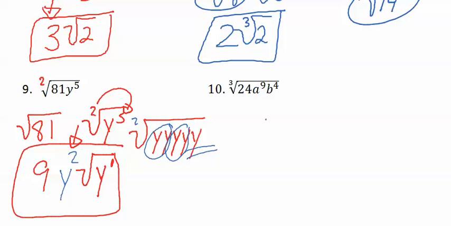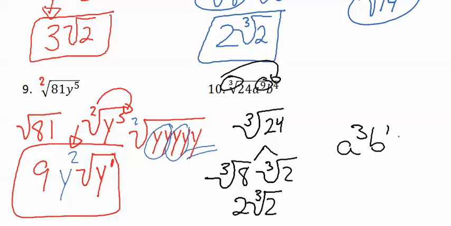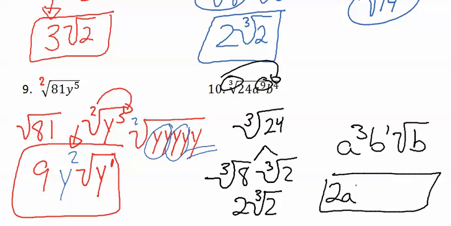So let's do number 10. I'll do the cube root of 24 a little bit separately. So it's going to be the cube root of 8 times the cube root of 2. That's going to be 2 cube root of 2. 3 can go into 9 3 times. And 3 goes into b once with 1 left over. So now what we're going to do is put it together. And we're going to get 2a cubed b, sorry, that should have a cube on it, and the cube root of